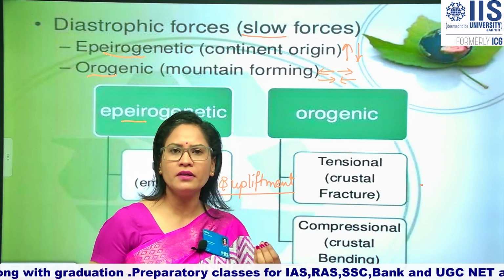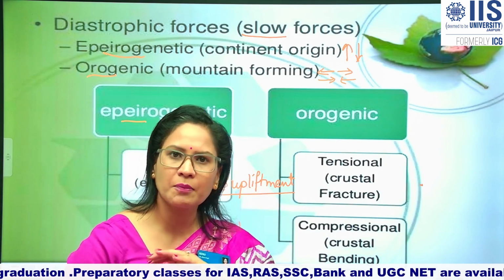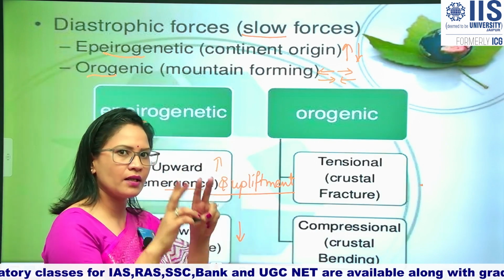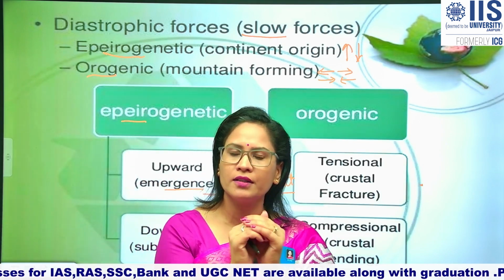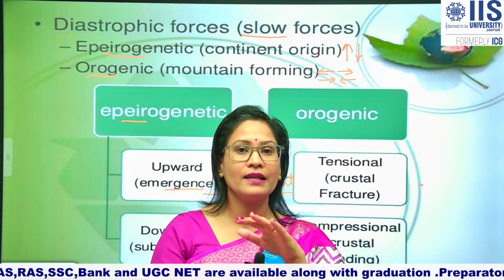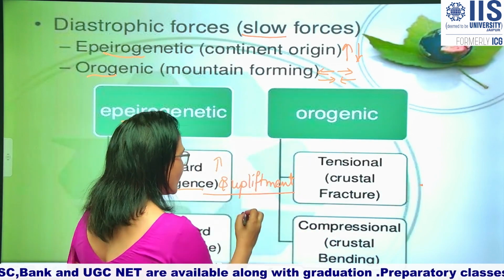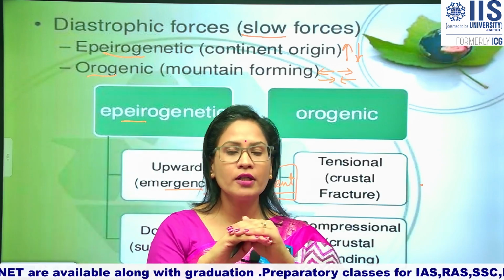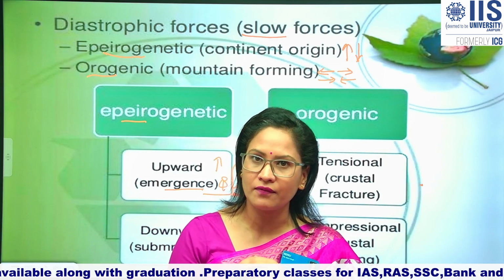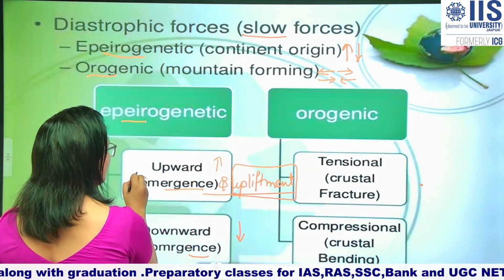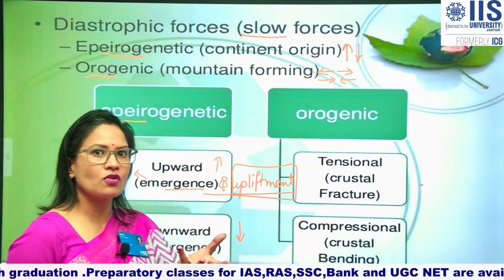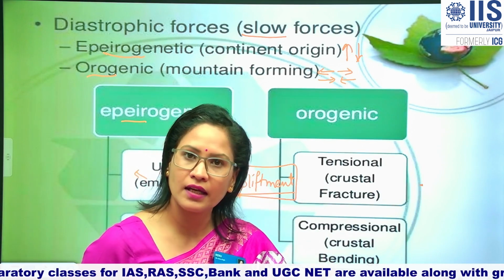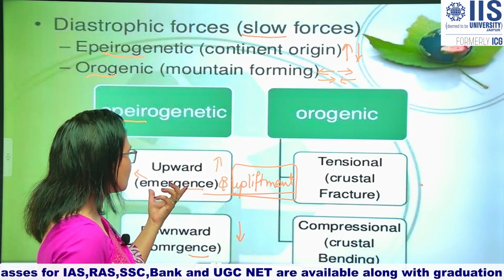These are very common terms which we use in place of one another, but there is a minute difference. If the upward movement occurs on the earth's surface or on the land part, then it will be known as upliftment. But if the upward movement occurs on the water body level, then it will be known as emergence. For example, the emergence of islands, we are not saying the upliftment of islands, right? So is it clear what is the difference between upliftment and emergence?